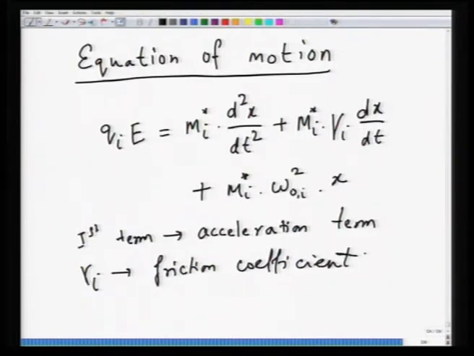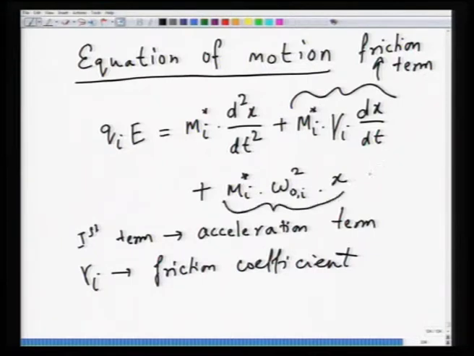This represents what is called the damping term, because the oscillations do not finish off suddenly, they damp slowly, and this is because of friction in the lattice or in the medium. So, m_i star gamma_i dx by dt is the friction term, and the third term, m_i star omega naught i squared x, is due to the spring restoring force,